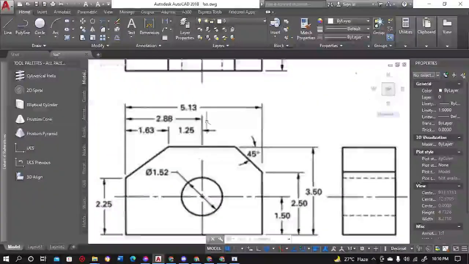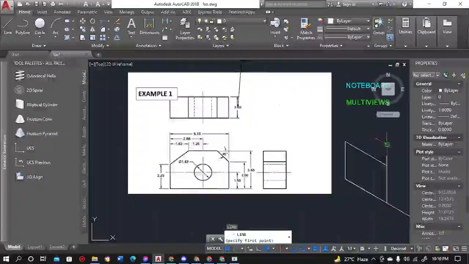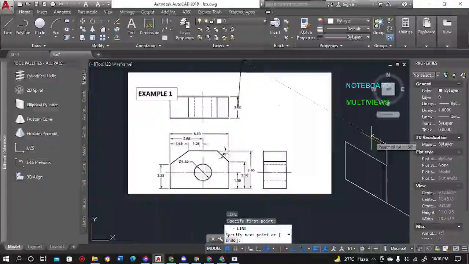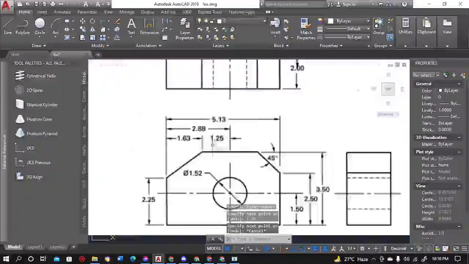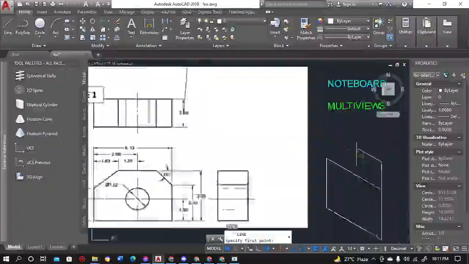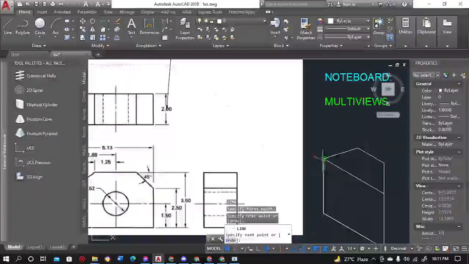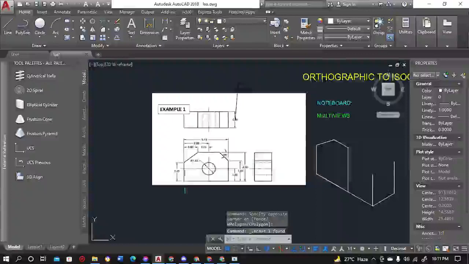So from the middle part going to the left, we have 1.25. Then from 1.25 we will go down to 1.63. We don't need to measure this one. We'll just go a straight line, then draw this one. So you're done. Next one is